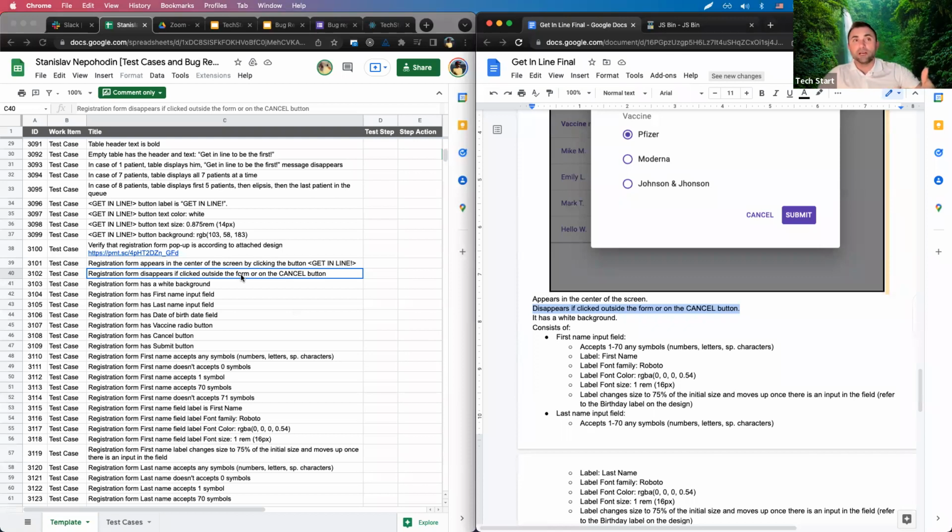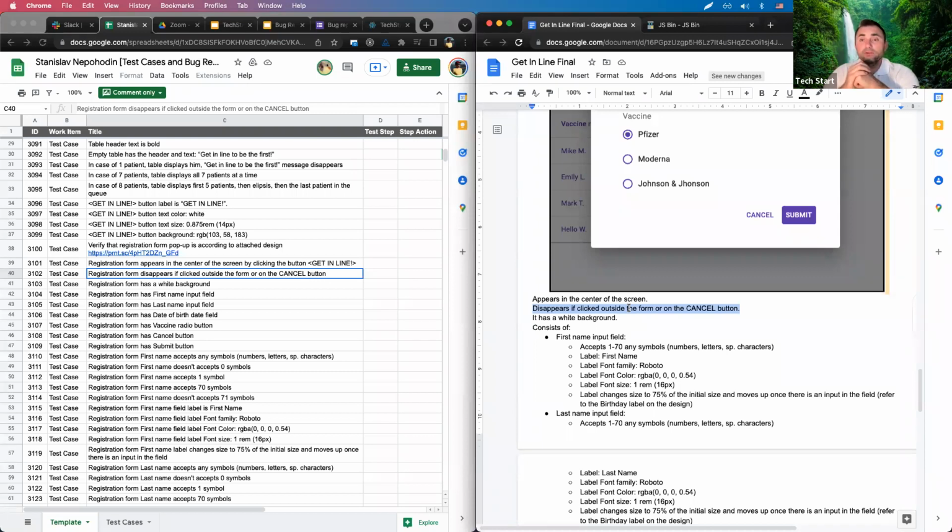It's closed when you click outside, one test case. It's closed when you click cancel. It's a separate test case because those are two different functionalities. And those will be two different pieces of code. On the development side, a developer will create one function for the cancel button and one function for clicking outside. Those will be two different handlers, how to handle this close, right? So for you, it should be two different